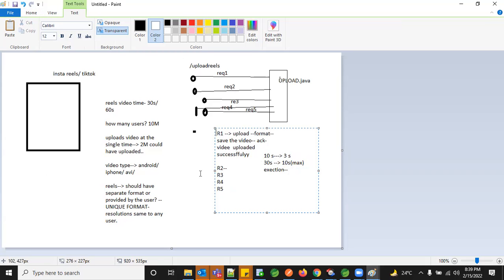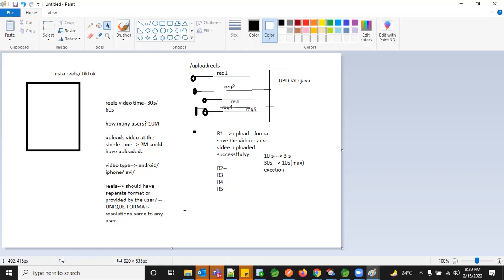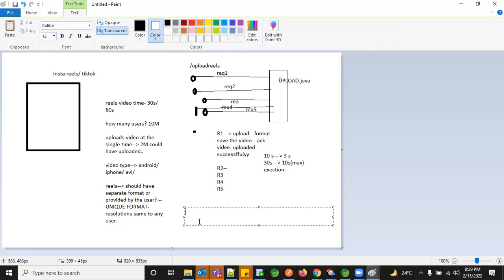So in that case, this is a not working solution. So for that case, what we bring in now is parallel processing. So what we do is we create some kind of worker nodes, or you can say child nodes. Okay. And we give all the details, all the inputs, and we chunk the data. So for the first request, when we get R1, we give this to worker 1.